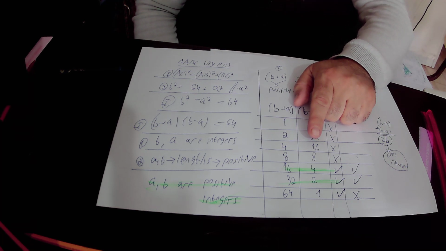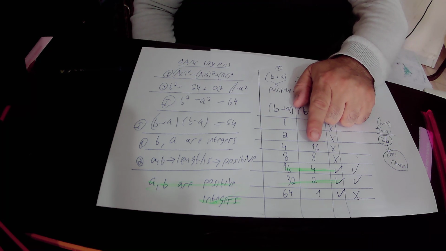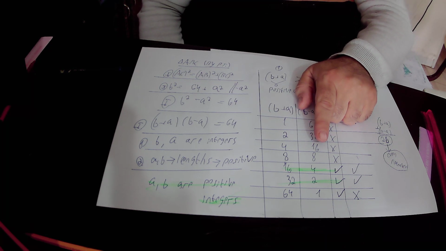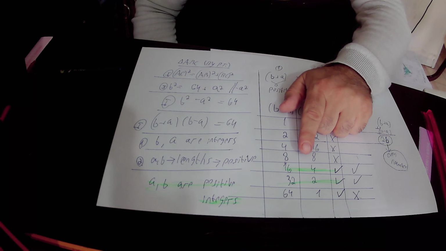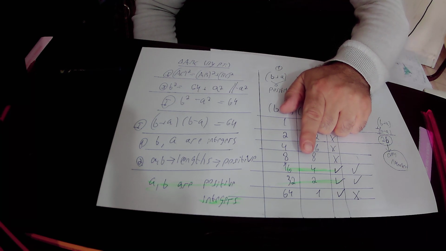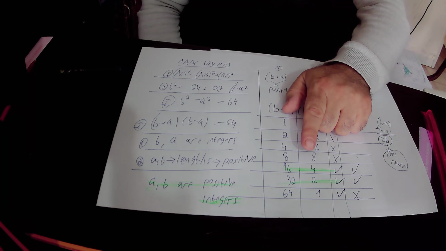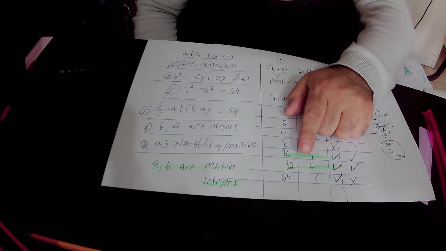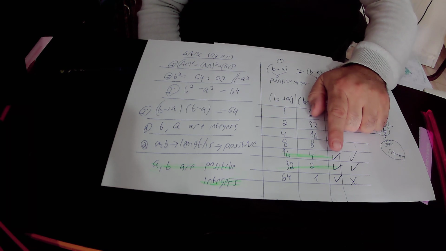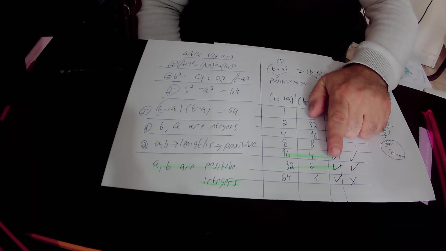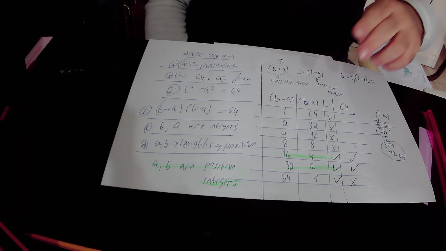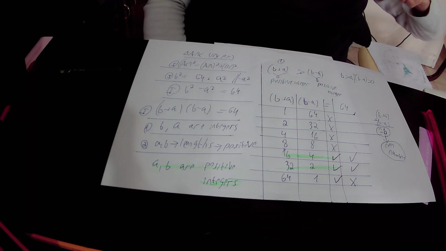So 16 plus 4 is 20. 20 is an even number, so this is a good solution. And we have the second solution, that 32 plus 2 is 34. 34 is indeed an even number, so it is a good solution. But finally we have also 64 plus 1, that is an odd number, it is not an even number, so we'll cancel this solution. So we are left with only two possible solutions,